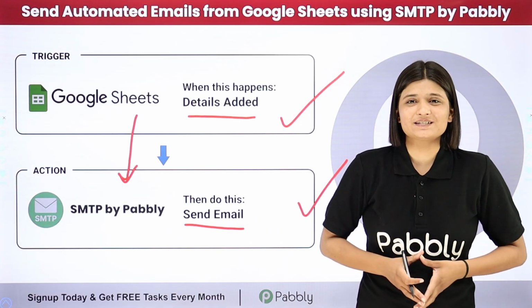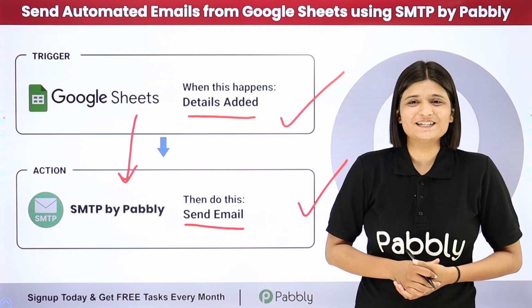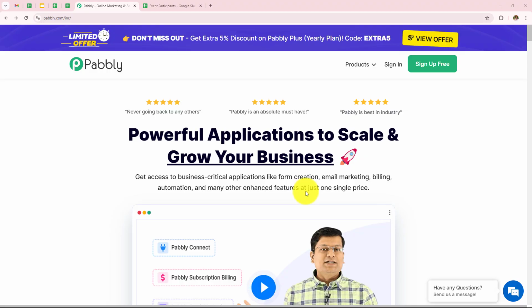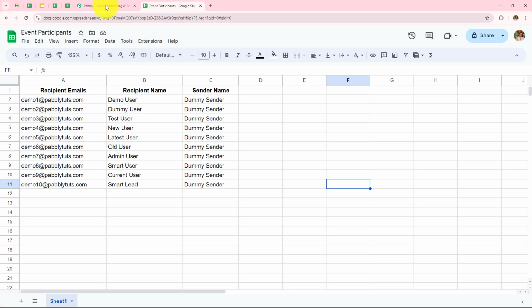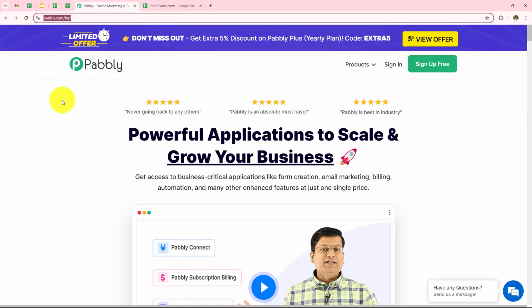to all these participants. If you want to learn this amazing automation step by step, let me take you all to my screen. In this video, we are going to learn how to send automated emails from Google Sheets using SMTP by Pabbly. For this, we are going to create automation between Google Sheets and SMTP by Pabbly with the help of Pabbly Connect. So this is the landing page of Pabbly, and you can visit this simply by typing